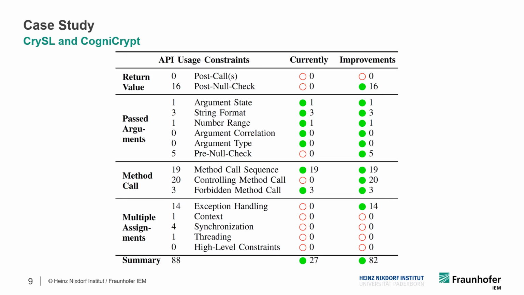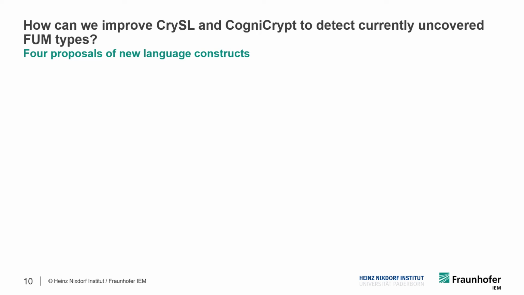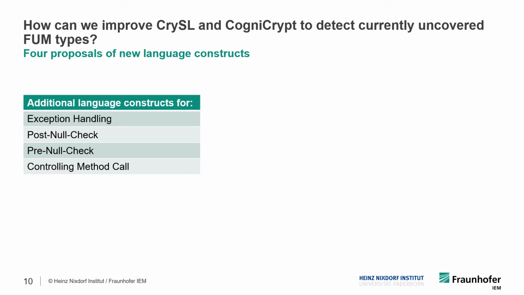We did not cover some types like threading because there were not enough samples in our evaluation dataset. The new language constructs that we proposed can be found in our artifact. They are targeting the FUM types of exception handling, post-null check, pre-null check, and controlling method call. This is also not surprising because Crystal is a domain-specific language for cryptographic APIs, where such FUM types are typically not required. By implementing those proposed improvements, theoretically 92% of all API misuse samples of our dataset now will be